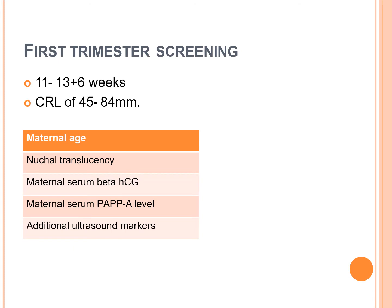أول إشي عنا ال combined test أو ال first trimester test. It is done between 11 and 14 weeks when the crown rump length is 45 to 84. ال crown rump length لما يصير more than 84 احنا بنطلع من ال first trimester وبندخل على ال second trimester. فبالتالي حتى ال determination of the gestational age by ultrasound is not done by the crown rump length when it